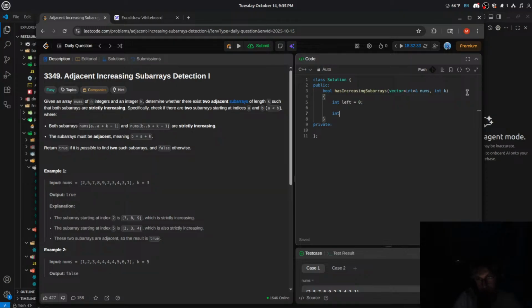Left, right, we can go for int i equal to 0, i less than nums.length, i plus plus. We can have some sort of bounds check, right? So if i minus 1 is less than 0, or i plus 1 is greater than or equal to